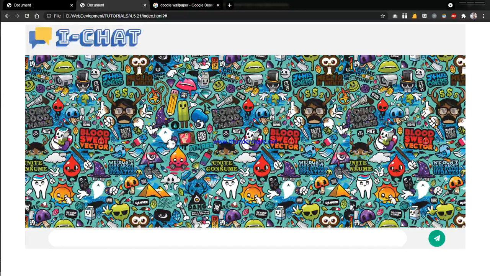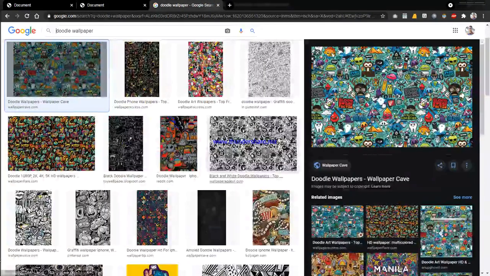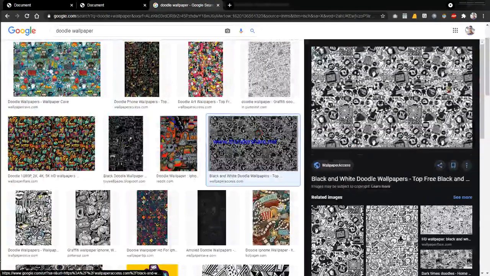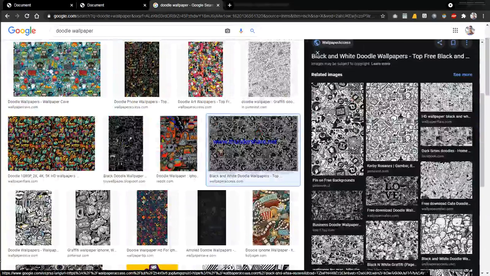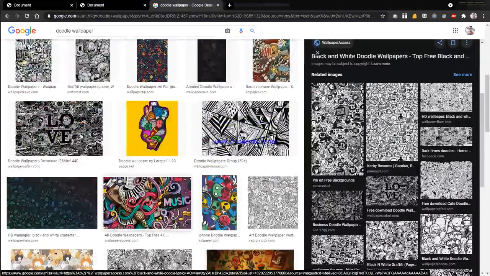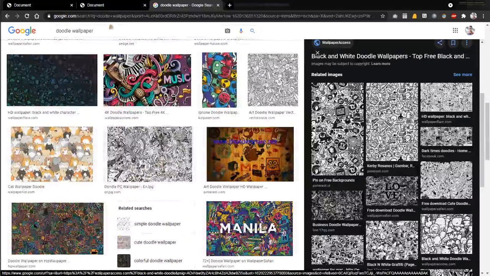So we can see that there is a hard edge. We cannot keep it repeating, and so we should find another wallpaper or good thing.